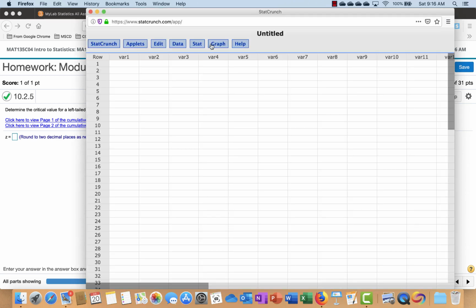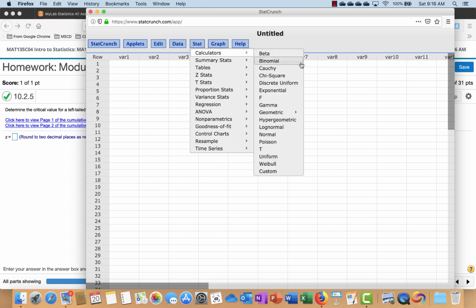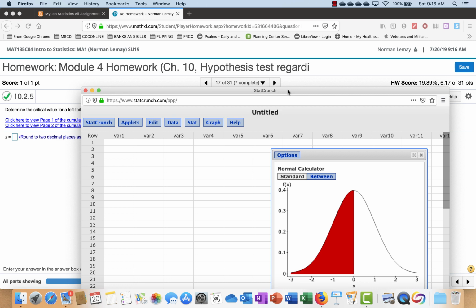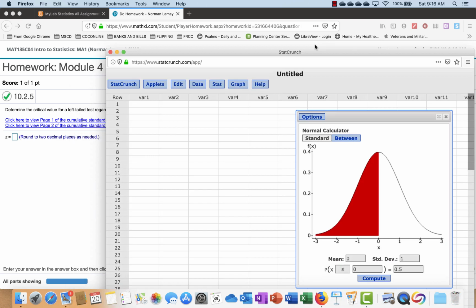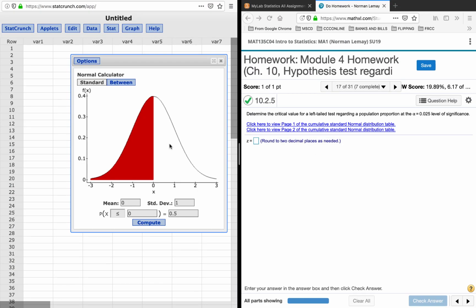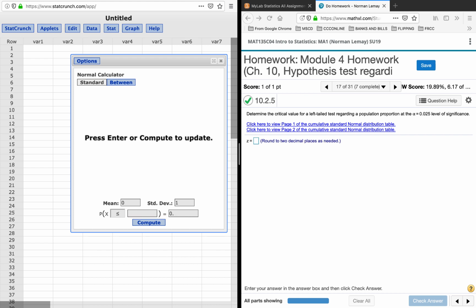In this case, we just come over here to Stat. We'll use our calculator and come over here to the normal distribution. The alpha area that we had, let's note, was 0.025. So I'm going to try to parallel my windows here. Hopefully everything will work. Yep, it did. All we want to do here is find the z-score. So this will be the z-score and this is the area. So if I put in 0.025,